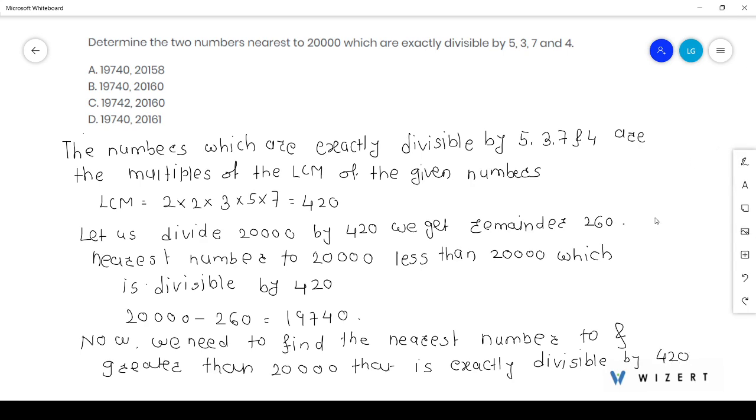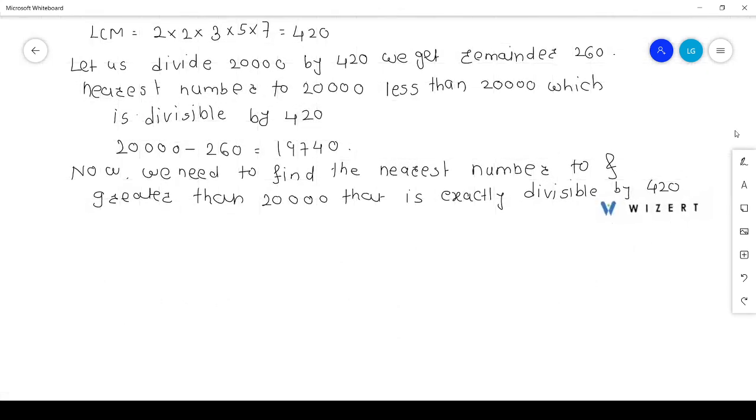Okay. Exactly divisible by 420. So, in order to get the next number that is exactly divisible by 420,